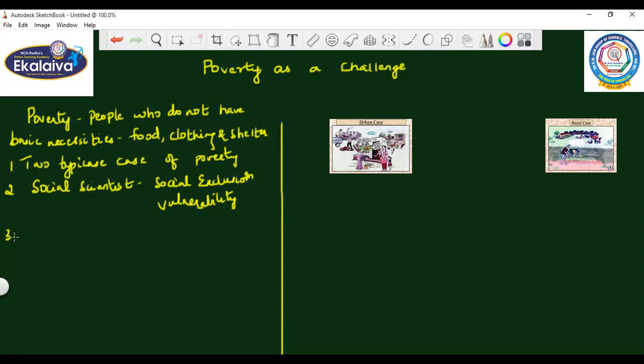Thirdly, we are going to study the poverty line. Now, what do you mean by this poverty line, children? Poverty line is nothing but an actual border. Now, what is this actual border? For example, we will have an estimation here, and we might think that the people who are under this are said to be under the poverty line, and for the ones who are above this, we can get to know that they do have certain basic necessities.